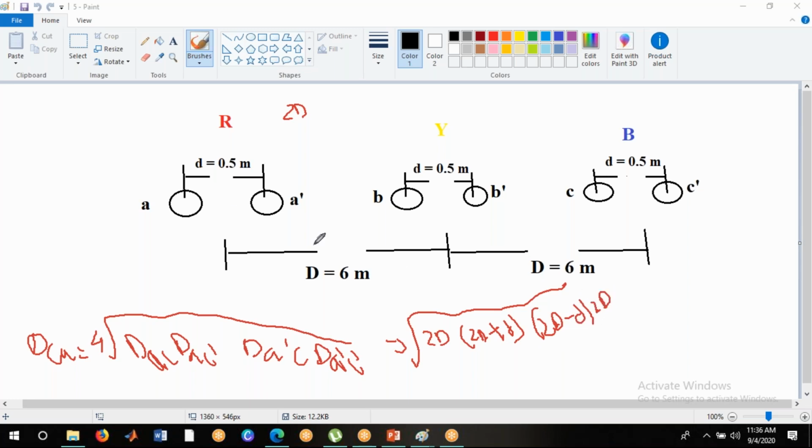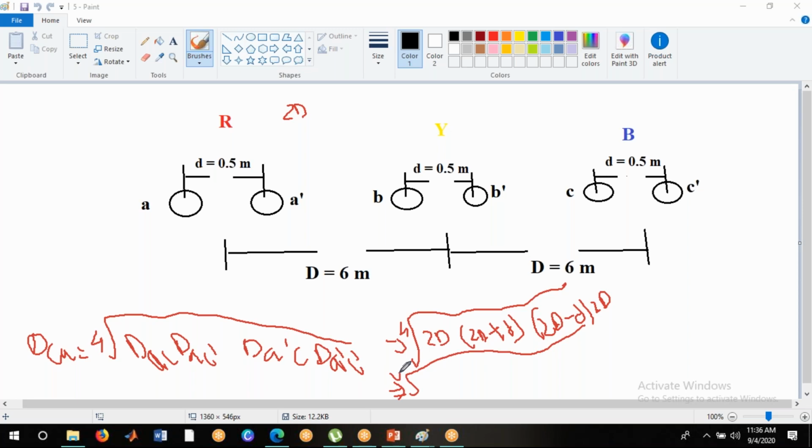So this is the difference between the consecutive conductors and opposite, that is different conductors. If A and B are consecutive, then D into D plus D, D minus D and D will come. Likewise BC also comes the same way. But when we observe A and C, the distance between A conductor and C conductor is double, that is 2D. Okay, now the value of this root is the 4th root, right?